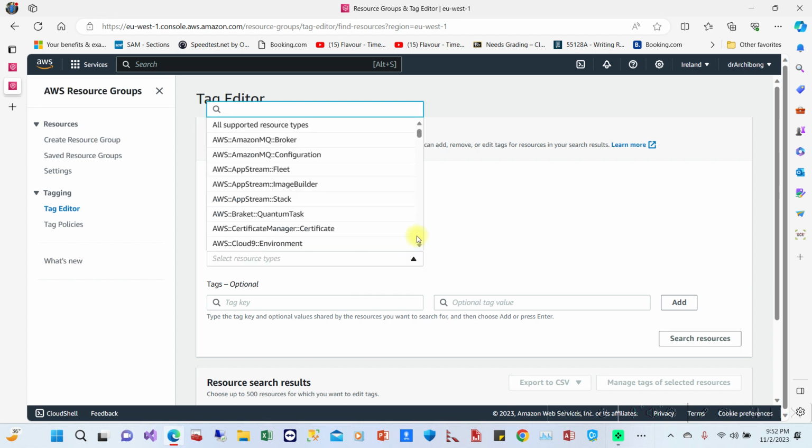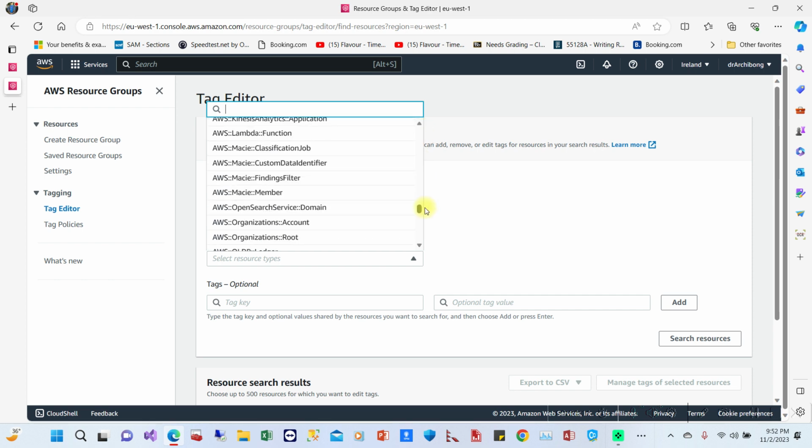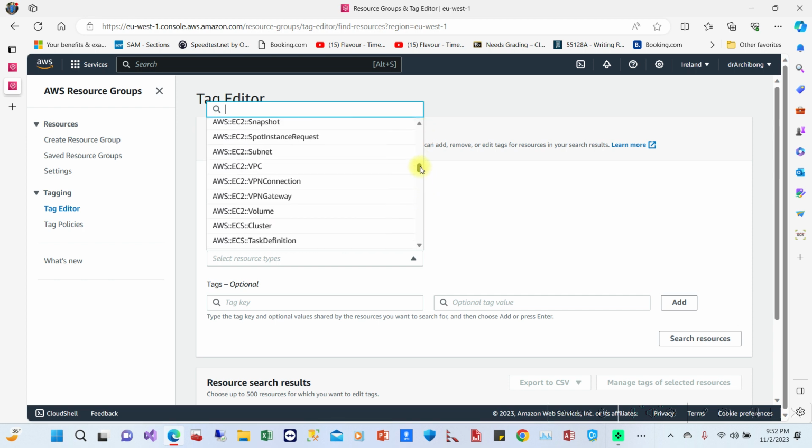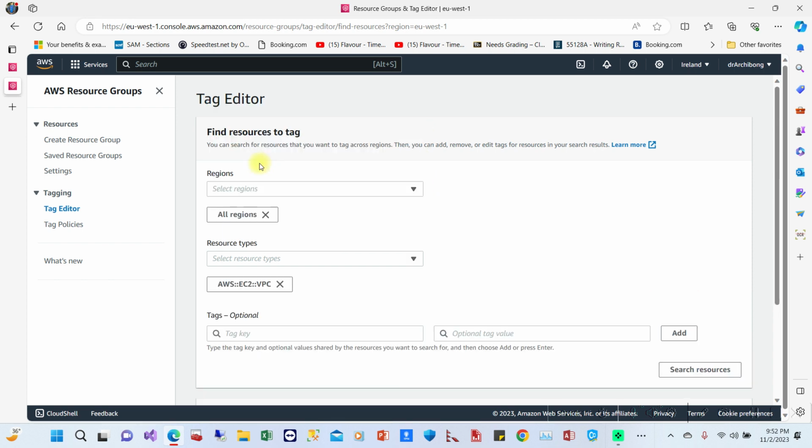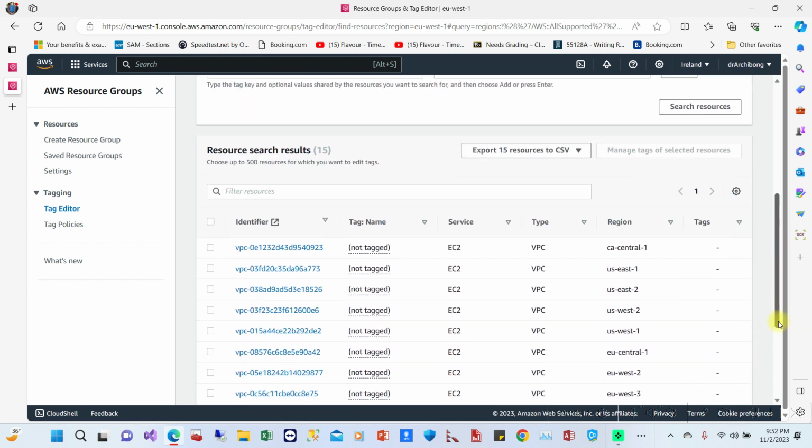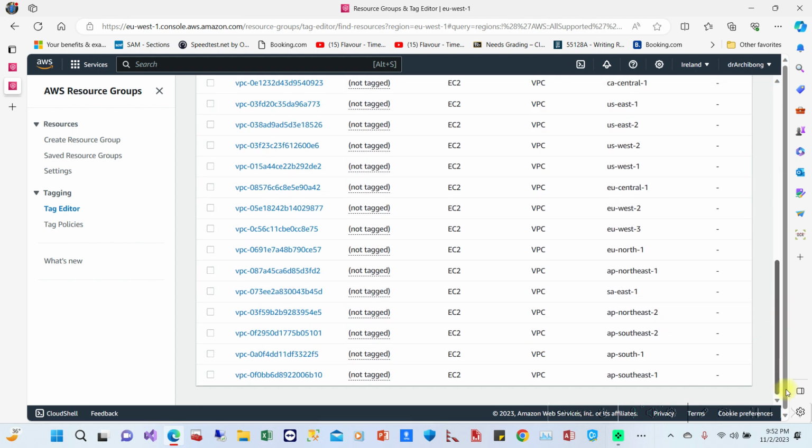And then again, you go down to EC2, VPC, and then you hit the search button. I got a bunch of them. All right, now you have seen how I did the first one. I have to repeat the process again until everything is deleted. Again, that is how you go ahead and minimize the costs. Once everything is deleted, the next step is